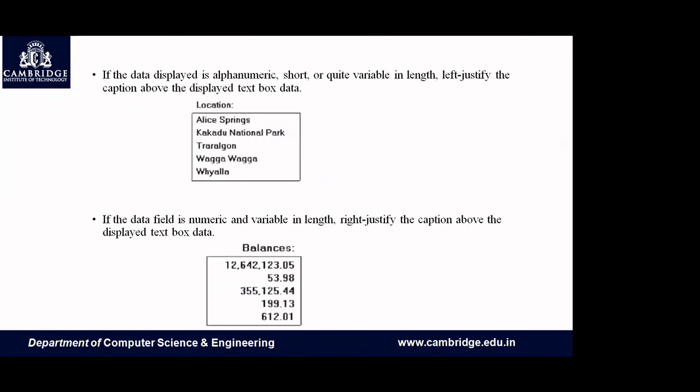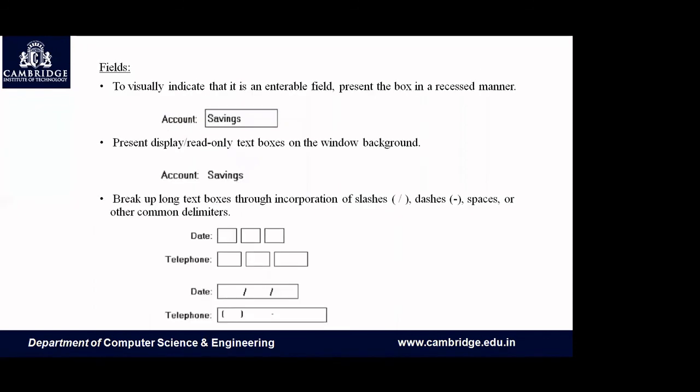Now, while we talk about display, how should we display if the length is small? If the length is alphanumeric, what should we do? If the length is only numeric, what should we do? There are some conditions we have to follow. When it is alphanumeric, we have to make it left justified. When it is numeric, we have to make it right justified. These are the conditions, as you can see in the figure. For alphanumeric, that is the wordings, left justification is done; for numbers, right justification is done.